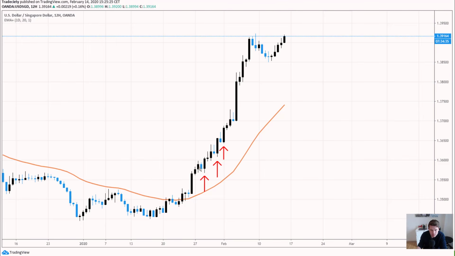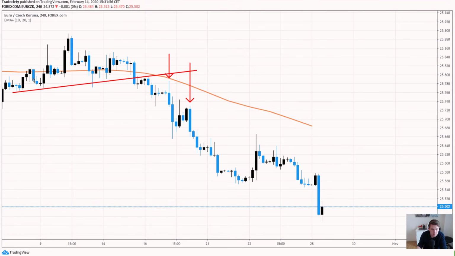Sometimes those pullback or consolidation periods take a little bit longer, but if you then see that an outside bar is the trigger to show you that the market is breaking into a new high, this can be used for trend continuation trades. Here, final example, the market was in a sideways pattern, then broke out, started this new trend